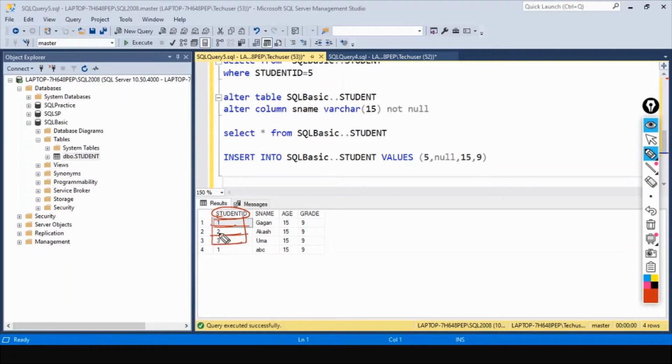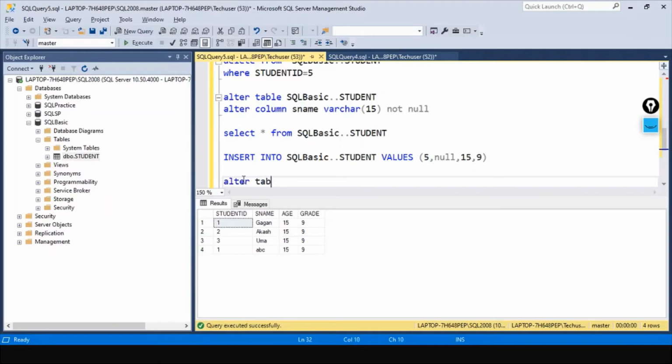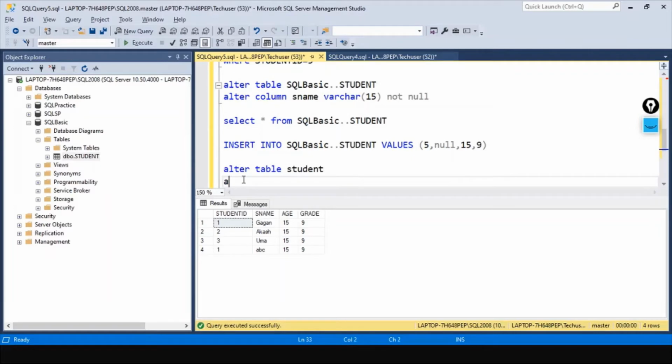So let's go ahead and try to create the primary key. Again, we will be using the alter command, alter table student. What are we trying to do? We are trying to add primary key ID.